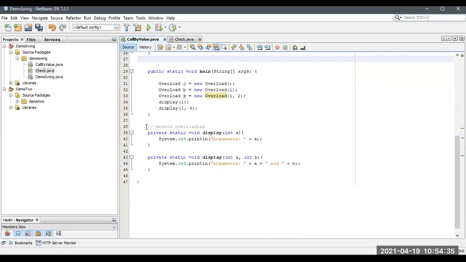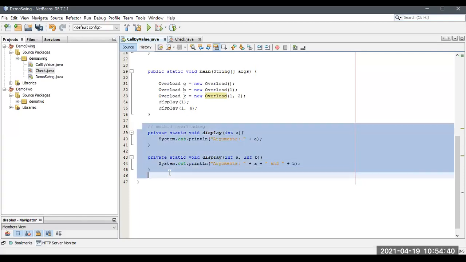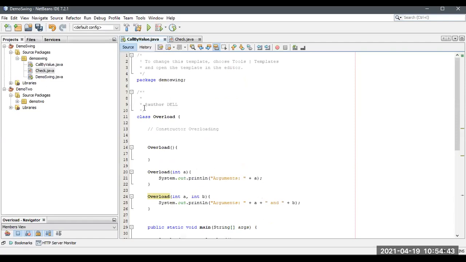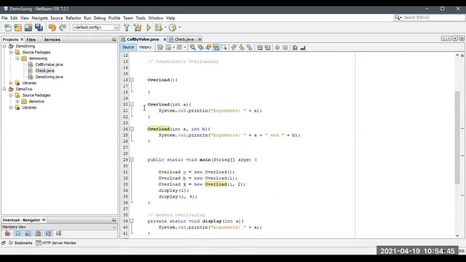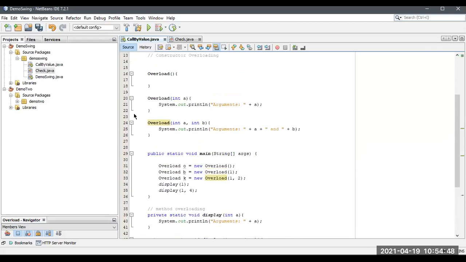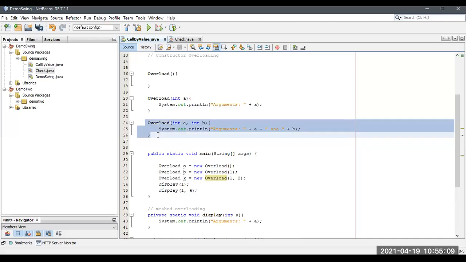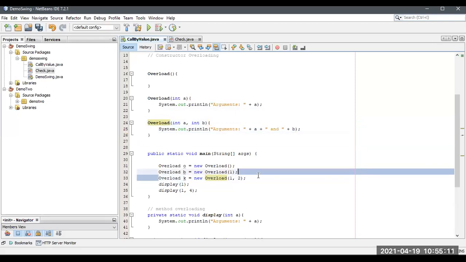In the sense of methods, we call it method overloading; these are the overloaded methods and these are the overloaded constructors. The same concept applies. If you know the method concept, you can understand the constructor concept very easily. This constructor is called at the time of this object creation, and that constructor at the time of that object creation.